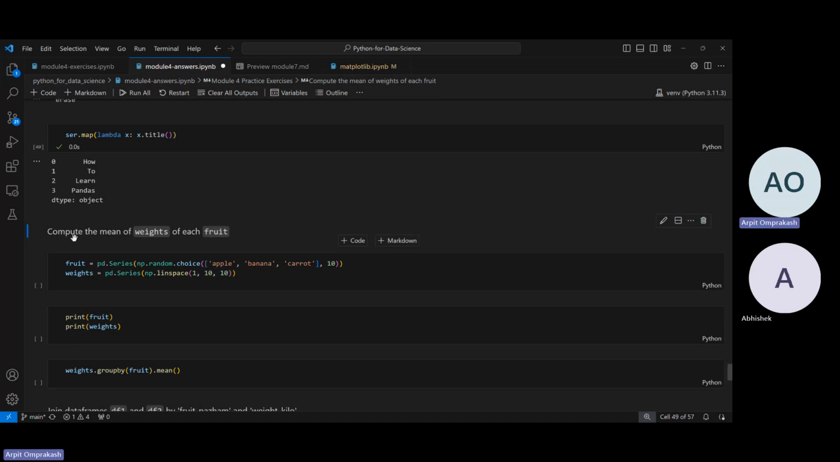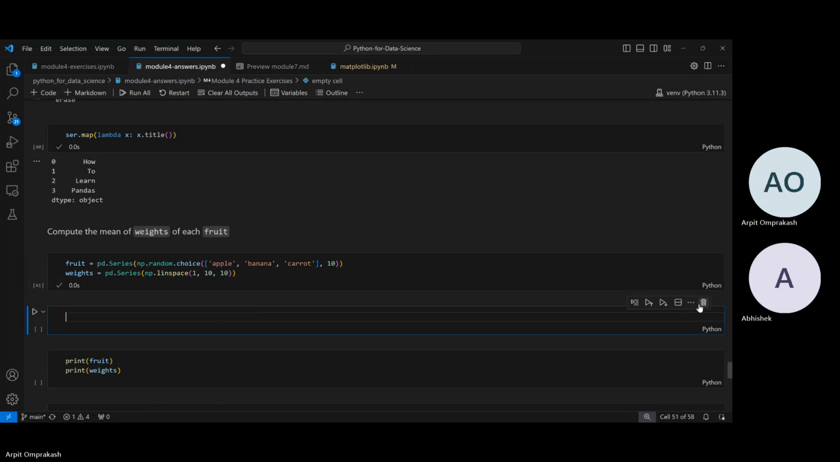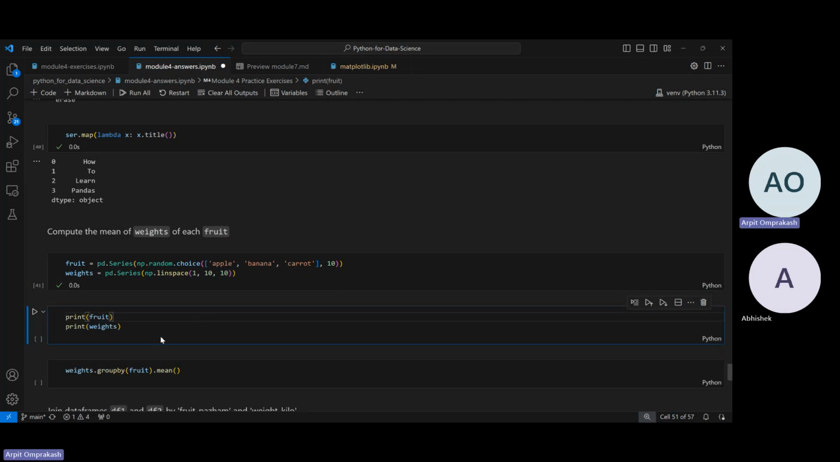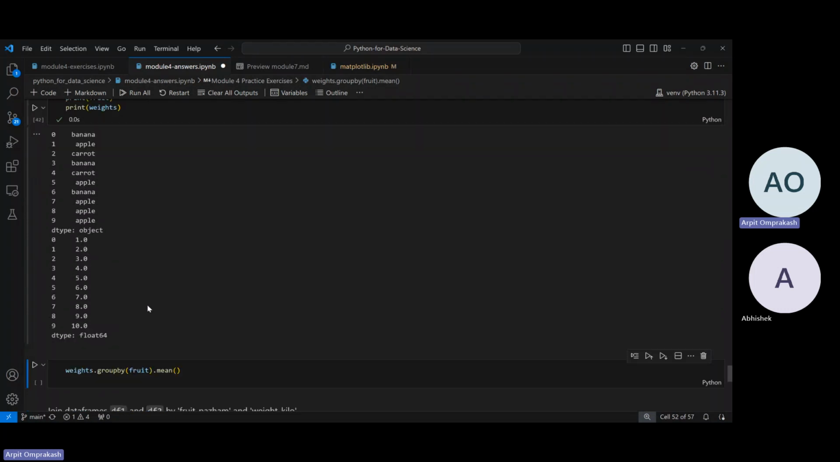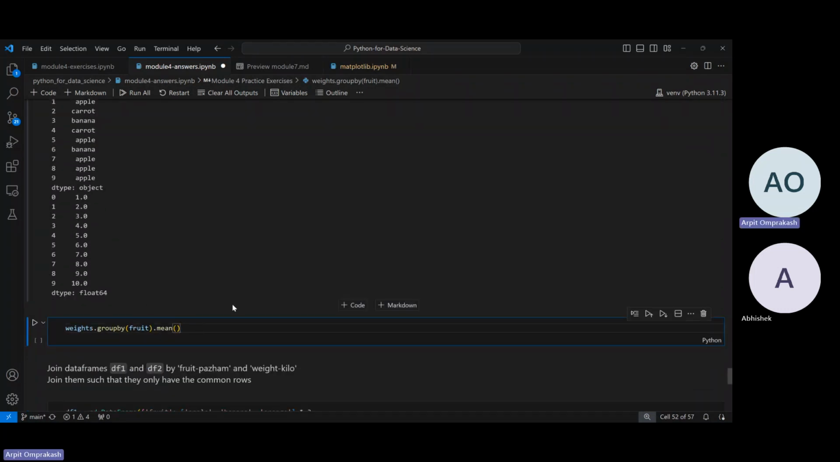The next question is compute the mean of weights of each fruit. We are given a series called fruits, and we are given a series called weights. So basically, fruits is a series which is either banana, apple, carrot, or any of those, and we are given the weights for each of the corresponding values. So banana, the weight is 1. In the second case, apple, the weight is 2, and so on. Whatever arbitrary units. So what we can do here is we can group by the